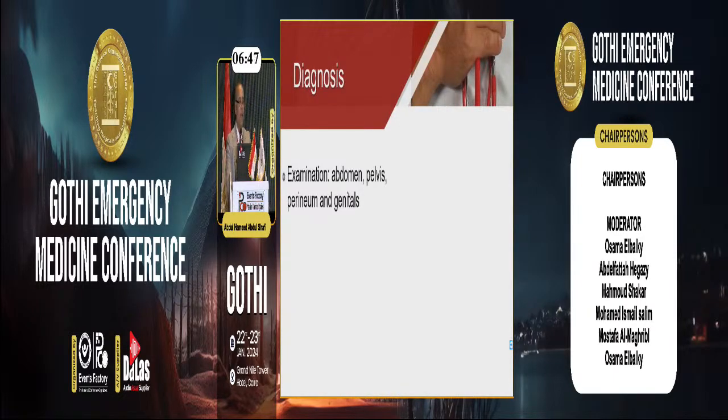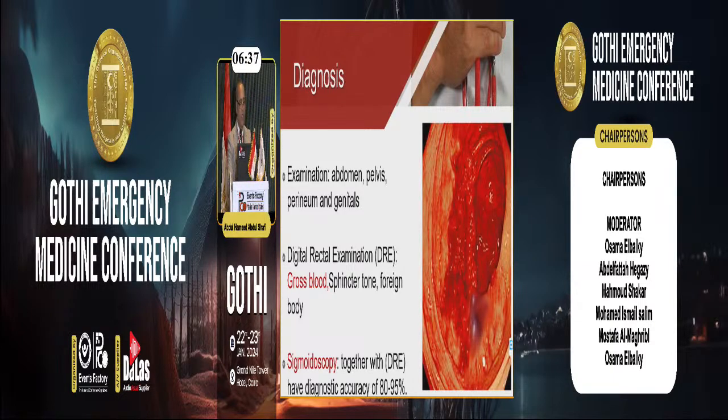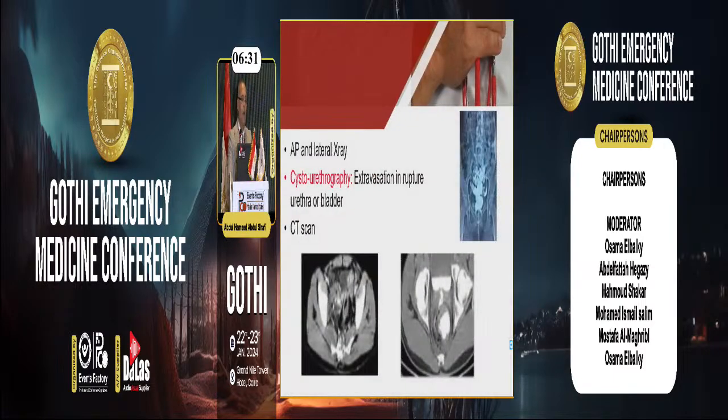On examination, the abdomen, pelvis, perineum, and the genitals should be examined. Digital rectal examination may show gross blood, sphincter tone, or a foreign body. Sigmoidoscopy together with digital rectal examination has a diagnostic accuracy of 80 to 95%. In a stable patient, we can do X-ray and cystoscopy to see extravasation in case of rupture of the urethra or bladder,